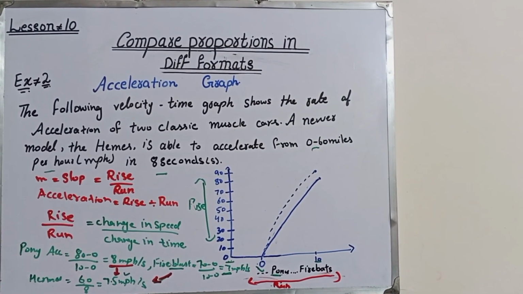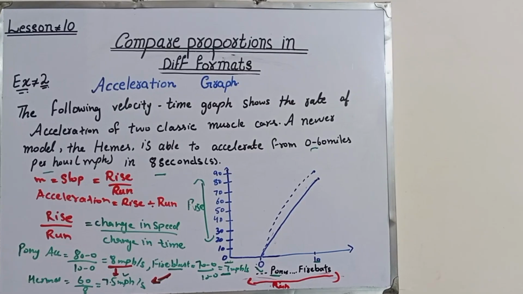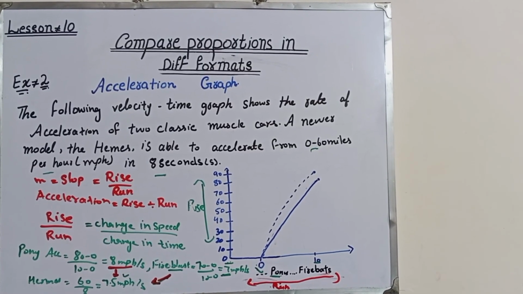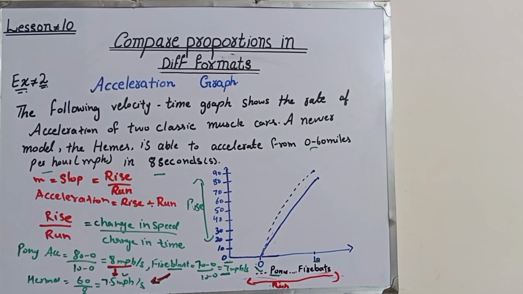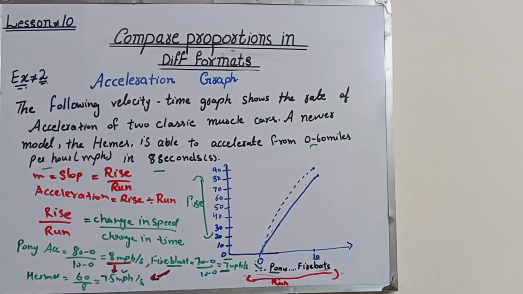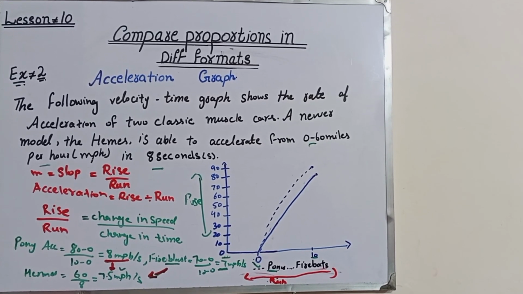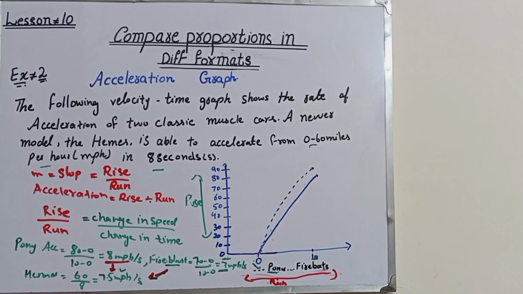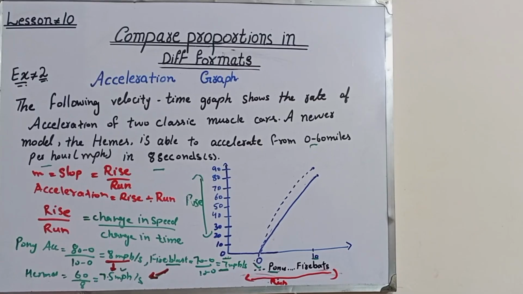So, there's an easy way to remember. Imagine you are climbing stairs: going up the stairs is the rise, and walking across the floor is the run. Slope tells you how steep the stairs are. Big rise, small run is very steep, and small rise, big run is not very steep.